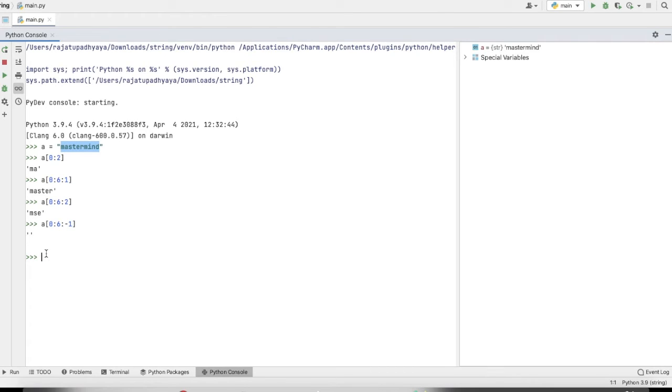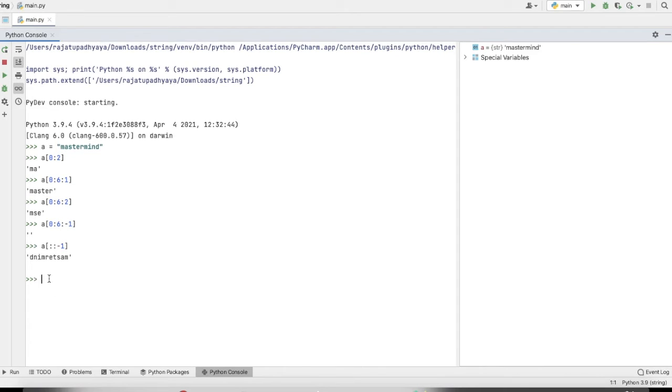Let me just reverse the whole thing. If we want to reverse this string, we just need to type 1 colon and a second colon. In both colons I have not given the starting and the end index, that means it will take the whole string, but we want the step to be minus, then it will start from the right side, so it will print like D N I M. It will reverse the string. Let me run it and give you the result.